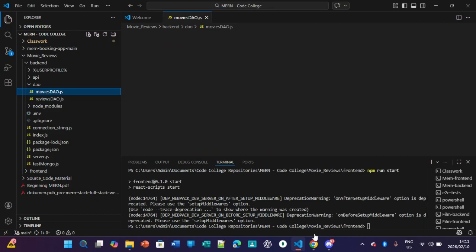So try pretty much measures if our processing is successful or if it fails. Then catch, if our processing is unsuccessful, then it's gonna connect to our console and return this error which says unable to connect in MoviesDAO. Then we have our static async getMovies, with filters equals null, page equals 0, moviesPerPage equals 20. Then let query, if filters, if title in filters,